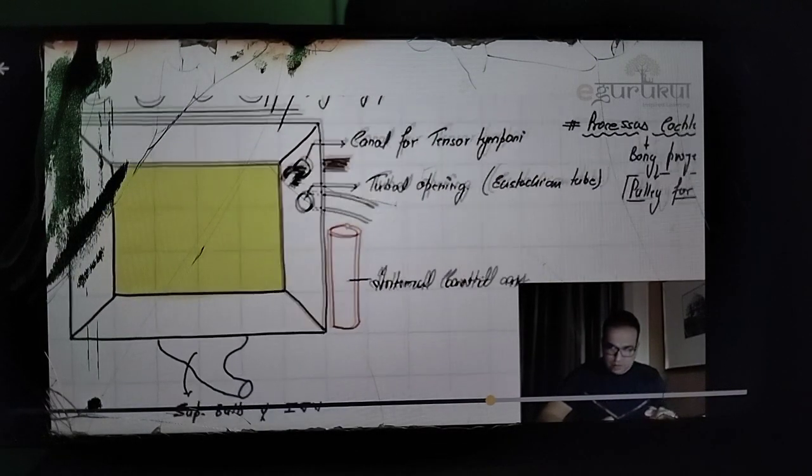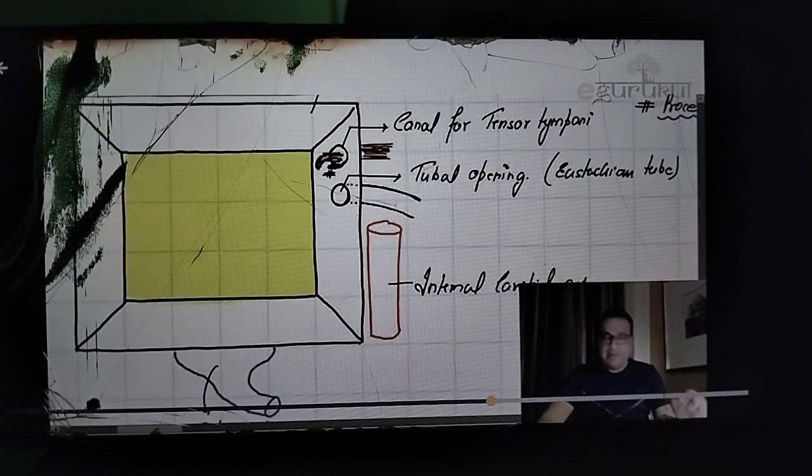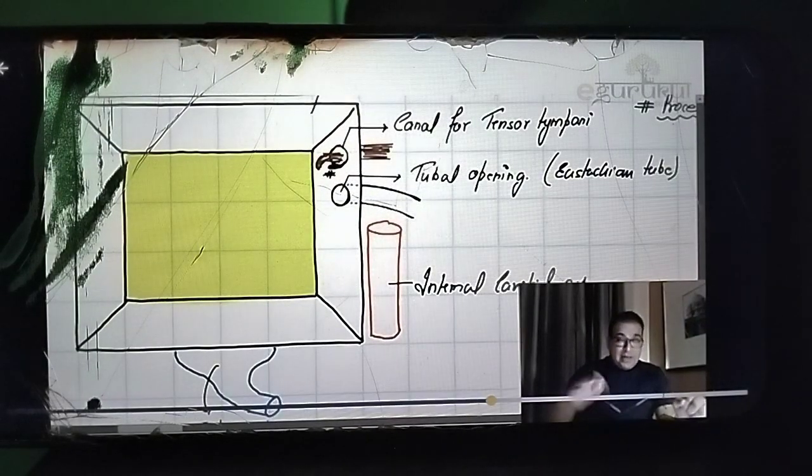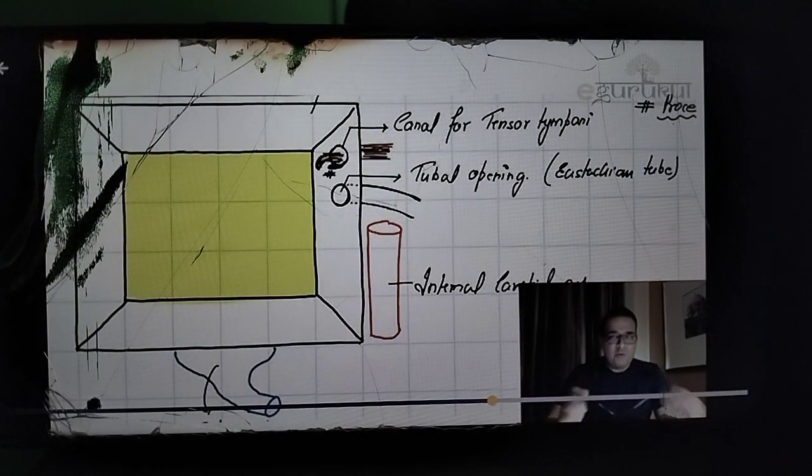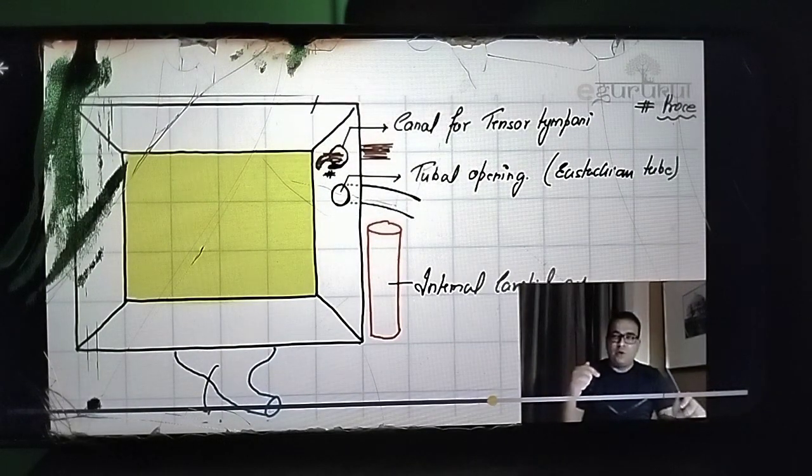See, before I go to the posterior wall, I'll tell you about this wall. There's a medial wall here. Okay, wonderful. Look at this medial wall, the one which I've highlighted here. Guys, we know that inside that medial wall is the internal ear. And what is present in the internal ear? Cochlea. See? So the cochlea will make a turn, which is called the basal turn of the cochlea. The very first turn of the cochlea